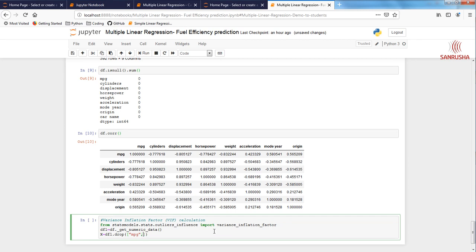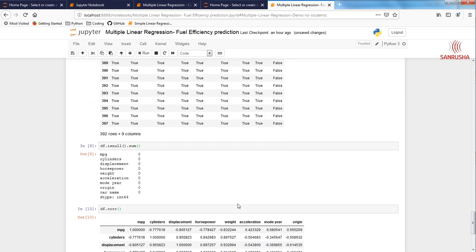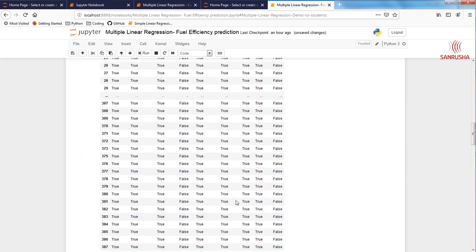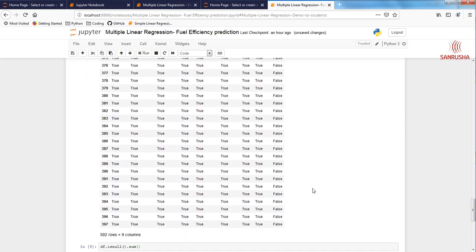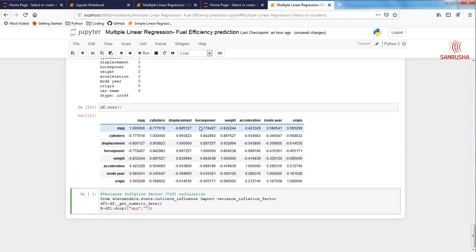In addition to that, I am suggesting we drop origin here because I don't think it's going to contribute much to the model. How will the car name or origin contribute to the model of MPG when we have so many other variables to play around with, like displacement, horsepower, weight, acceleration and model year, right? So let's get rid of that right now, and then we're going to say axis equals 1.